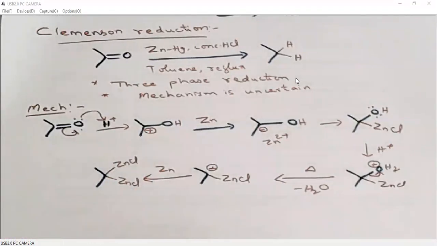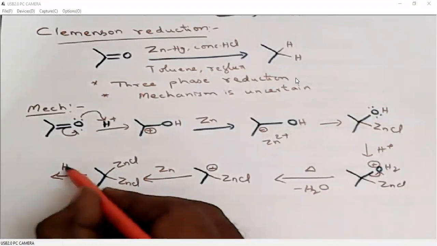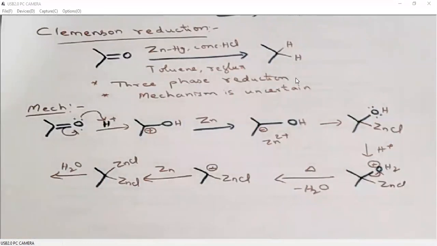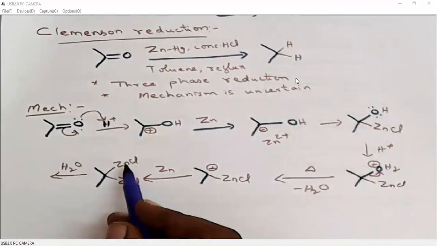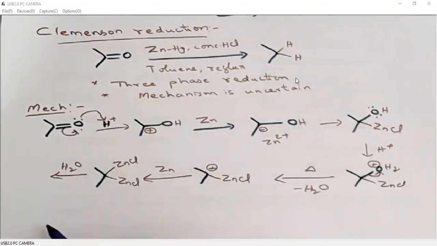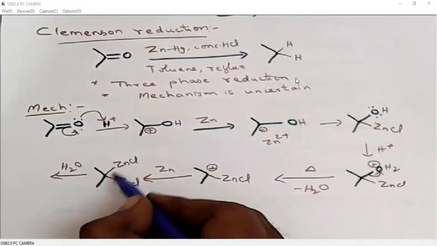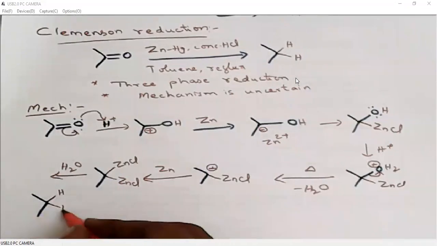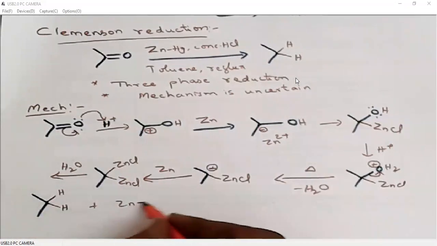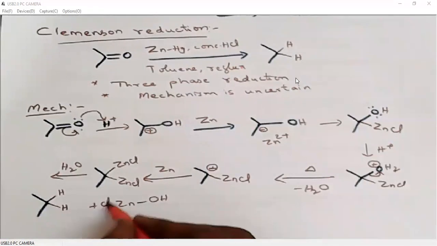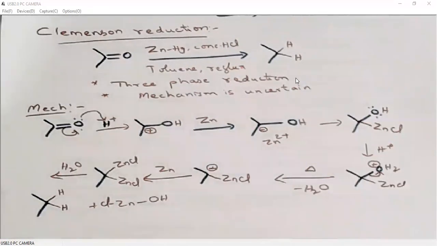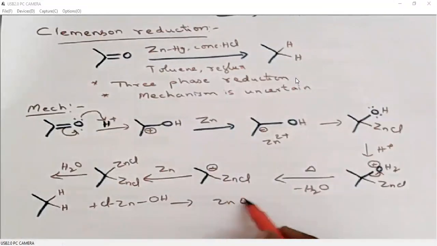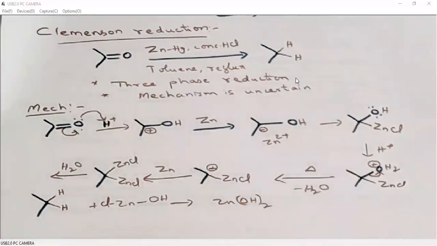Carbon-zinc bond. So finally when we add water, the metal takes OH, so it will be converted to zinc hydroxide, and hydrogen will be added to carbon. So the carbon takes hydrogen and the zinc is converted to zinc hydroxide. Of course, the other chlorine will also be hydrolyzed under similar conditions, so this will be converted to zinc dihydroxide. It is a byproduct. We are not worried about it.